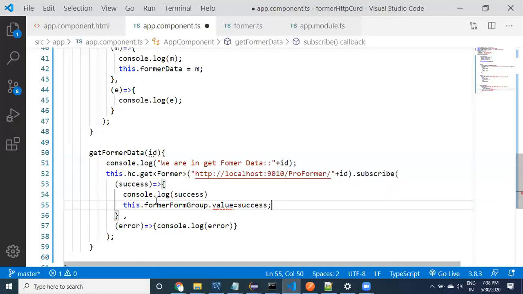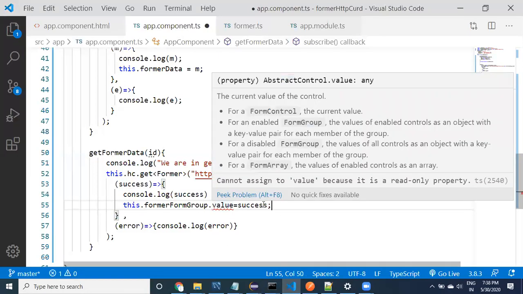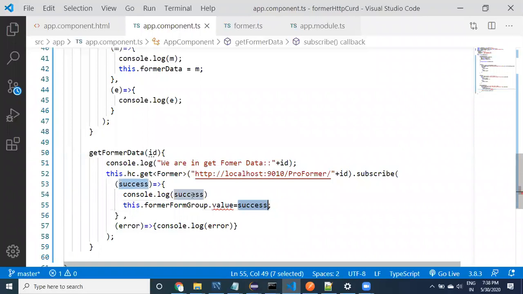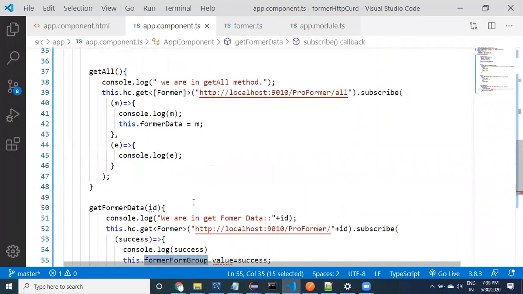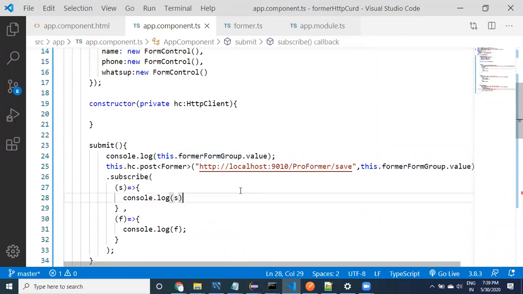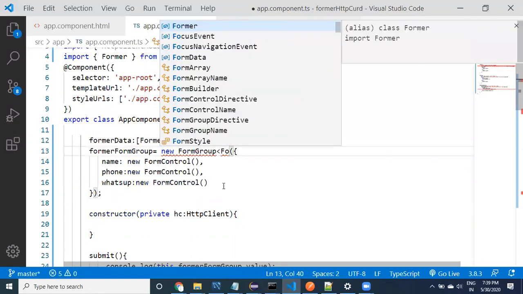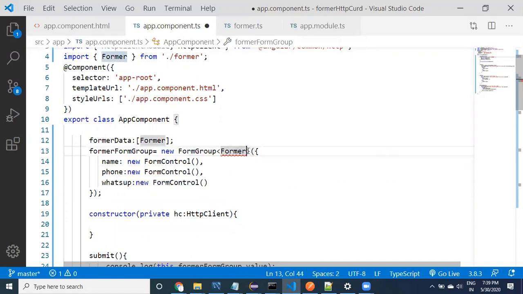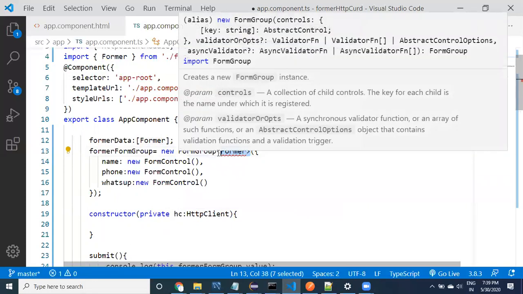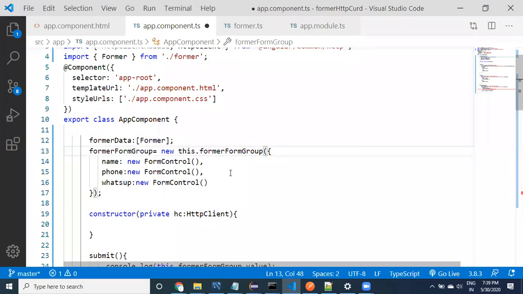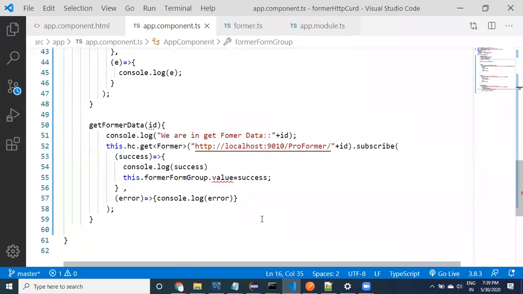Let's look at it. What's happening here? Value is not assignable to success data. Let us go to the form group. Okay, give me a second.